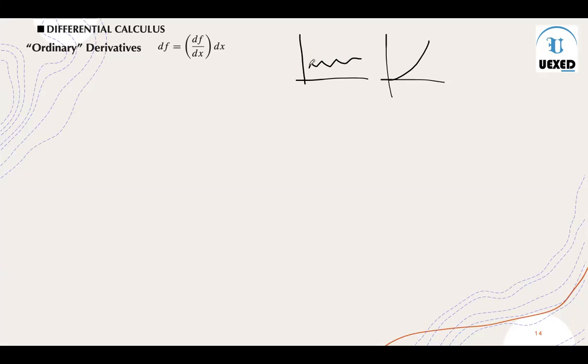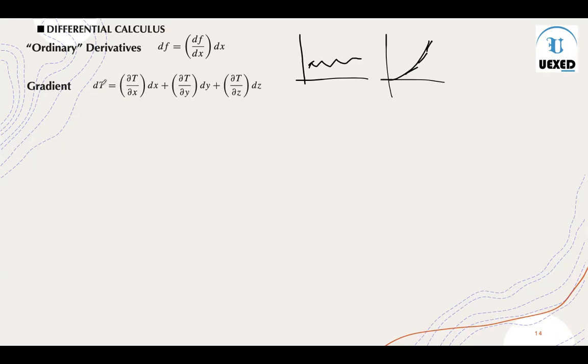Okay, and the reason is that at each point you calculate the tangents, and you can see that this tangent is steeper and steeper compared to what we have here. However, at some point you can see there is some difference, etc. So you know about this ordinary derivative, so I'll not go into the detail of that. By having this in our concept, we calculate the gradient, and the gradient in itself, if you calculate the magnitude, is basically nothing but the slope of that function. Okay, so something like this.